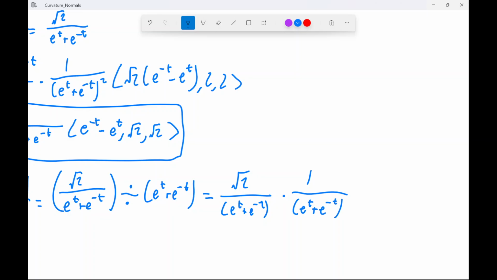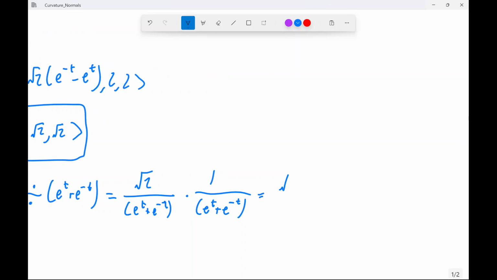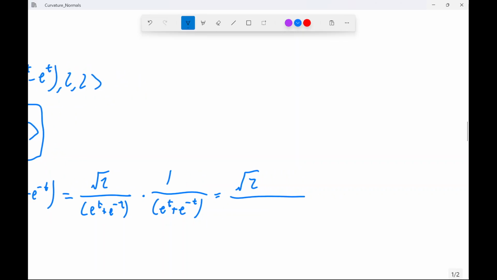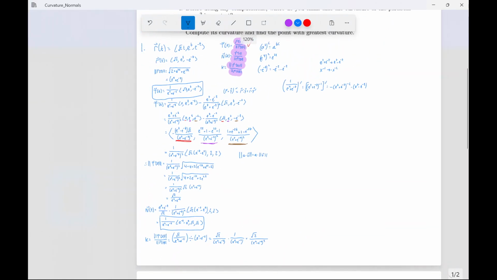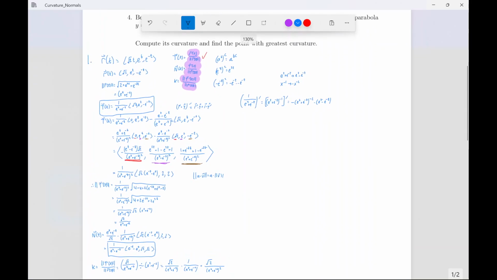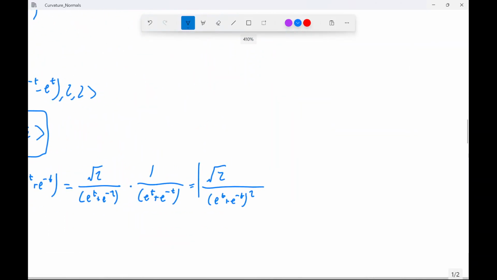I was talking because I was stalling while I was trying to figure out where my mistake was, because that did not look right. So that'll be root 2 over e to the t plus e to the negative t squared. The reason I knew that wasn't right is because the only curve with a constant curvature is a circle, and this obviously is not a circle. Okay,